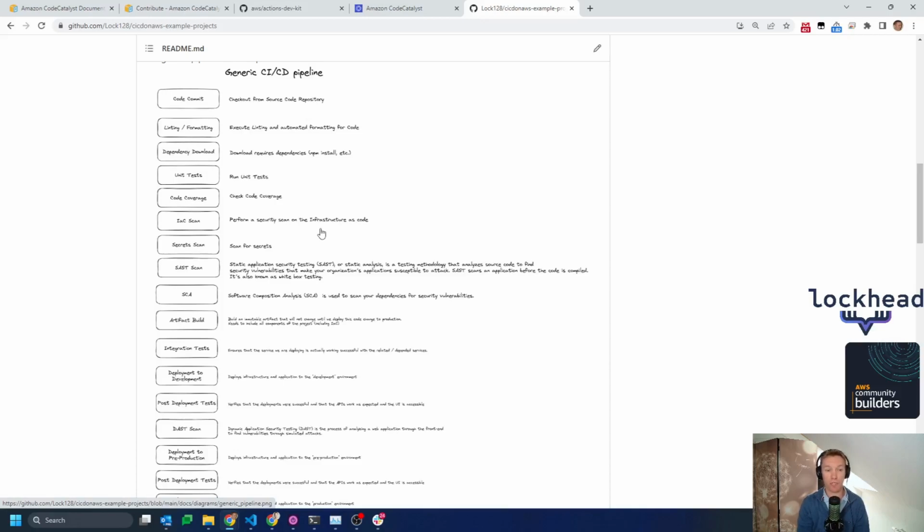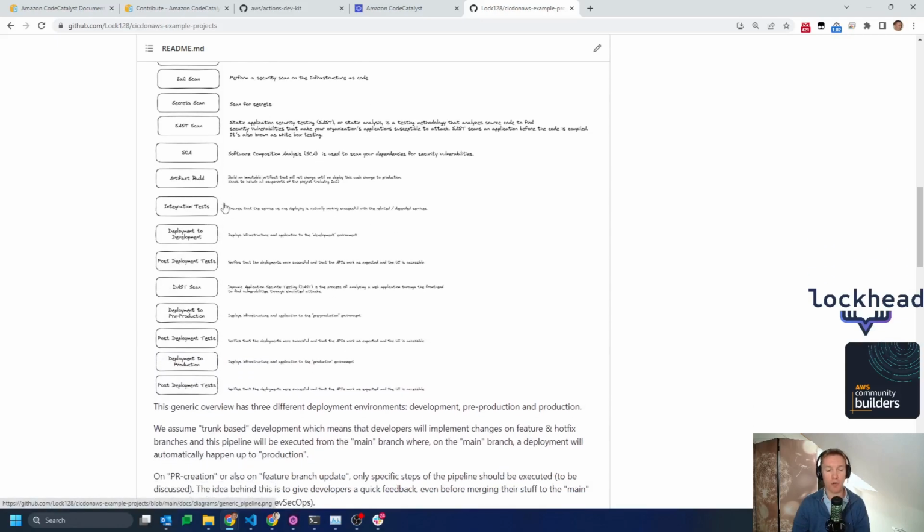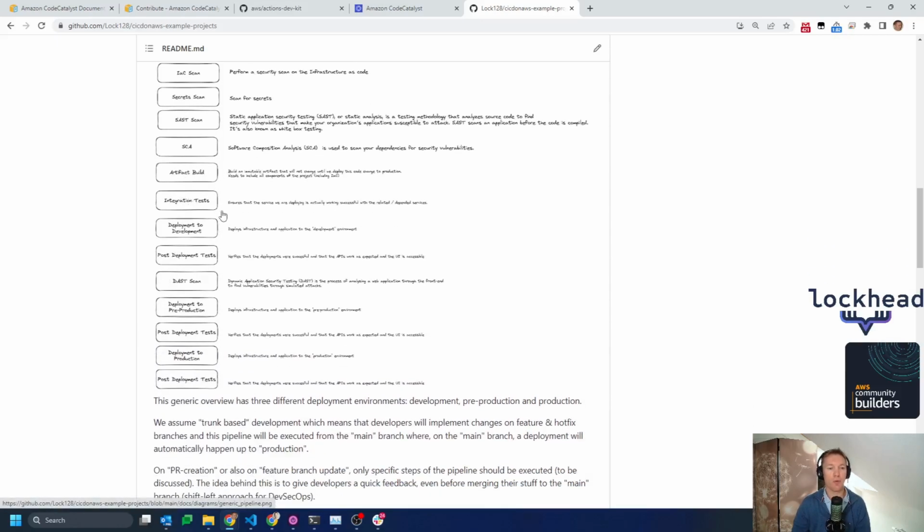It would scan for secrets. It would run a static application security test. It would run a software composition analysis, would then build the artifacts. These would now be the immutable artifacts that are not going to be changed anymore through the rest of the pipeline. We would then run integration tests, would deploy this out to a development environment, would execute post-deployment tests, smoke